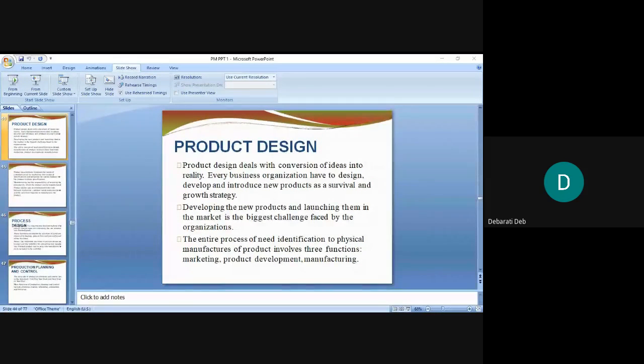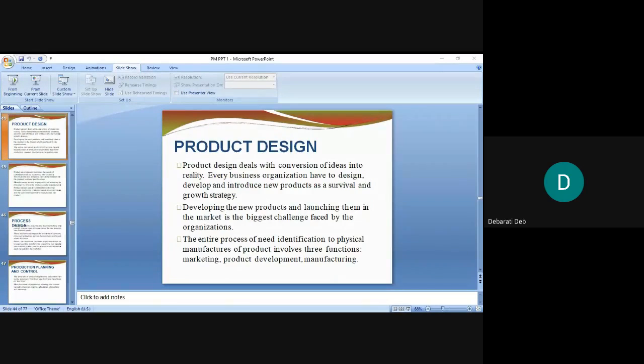And for your information, again, I'm telling you, you are supposed to submit the assignment today. I'm giving you a time limit now. By 12 noon, you should submit. After that, I will start grading. Once your grading occurs, it becomes a permanent grading for CIA marks. So be careful. Now see, let us study product design now.